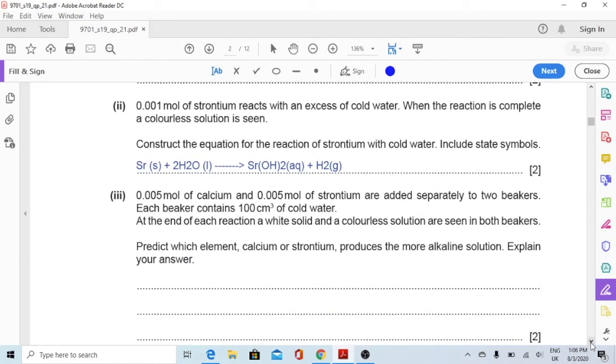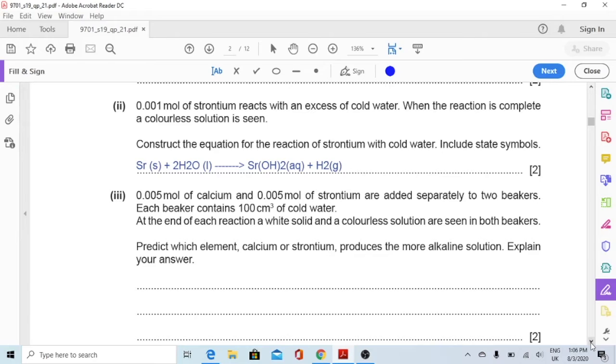Part 3. 0.005 moles of calcium and 0.005 moles of strontium are added separately to 2 beakers. Each beaker contains 100 cm³ of cold water. At the end of each reaction, a white solid and a colorless solution are seen in both beakers. Predict which element, calcium or strontium, produces the more alkaline solution. Explain your answer. Since hydroxides get more soluble as we go down group 2, strontium produces more alkaline solution,